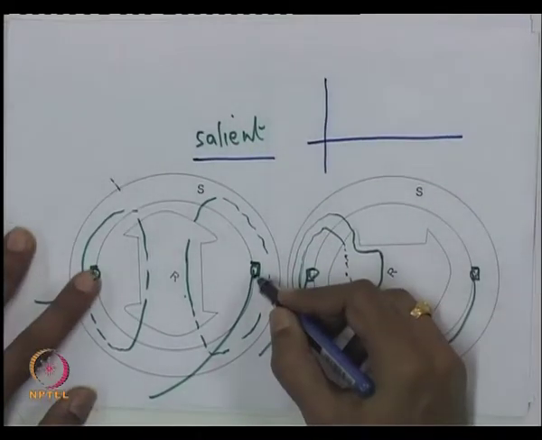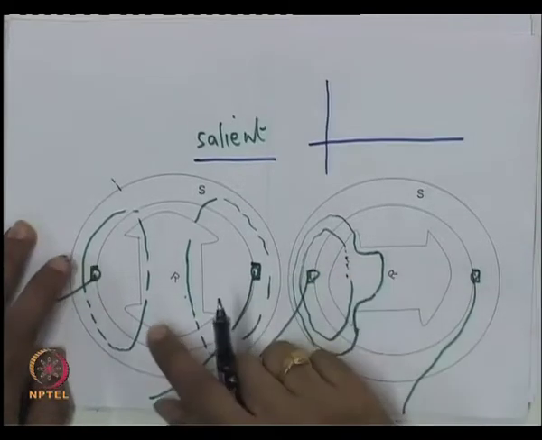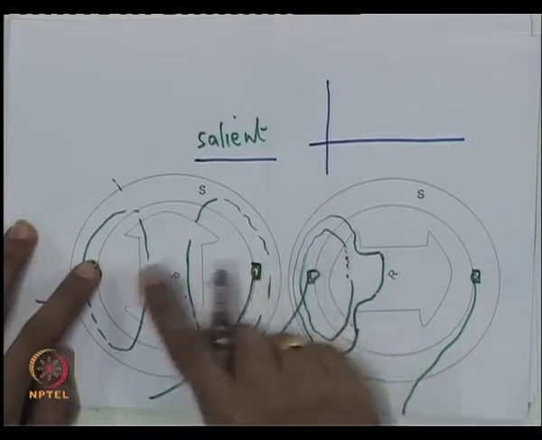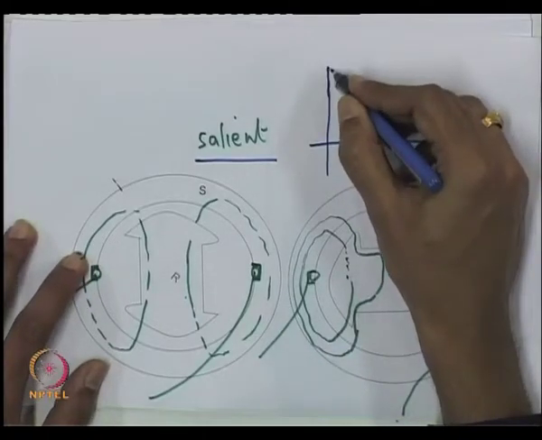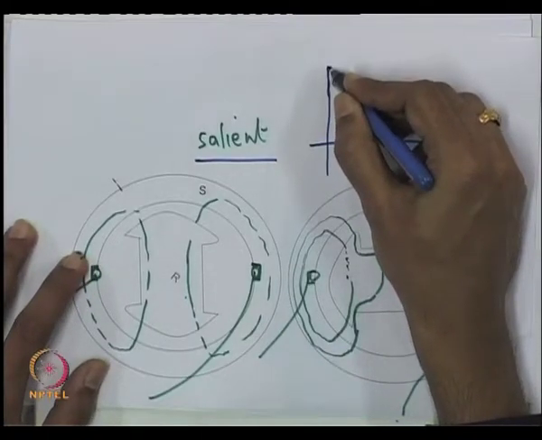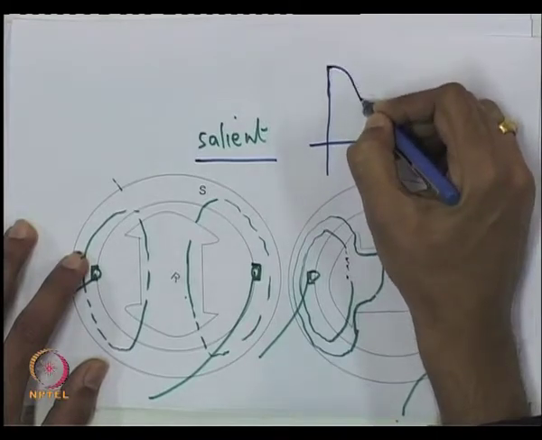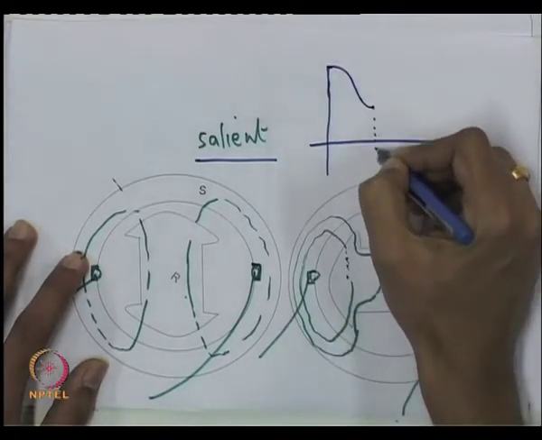So, you expect the self inductance of the A winding in a salient pole machine will be maximum when the rotor position theta is equal to 0, and minimum when theta is equal to 90 degrees,